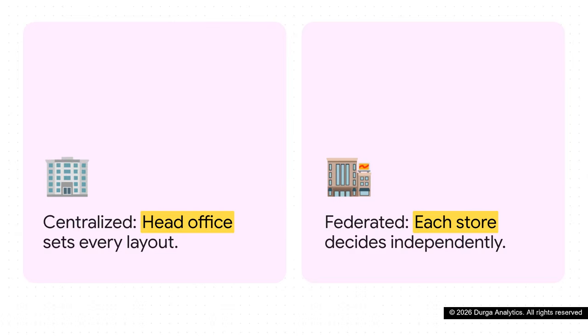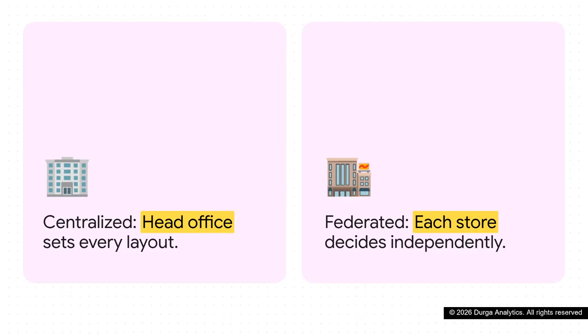To make these abstract models instantly relatable, especially when you're trying to explain them to your data owners and platform engineers, I want you to imagine that you run a massive national grocery empire. A centralized chain is where the head office dictates every single shelf layout everywhere in the country. It is incredibly consistent, sure, but it is way too slow to adapt. If a local store needs to stock up on umbrellas because of a sudden storm, they're stuck waiting on corporate